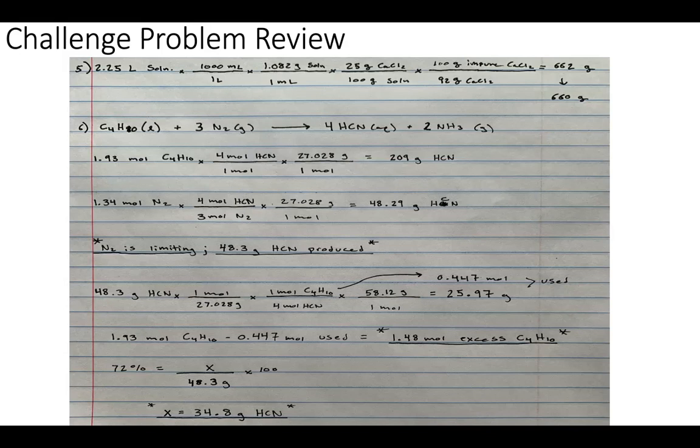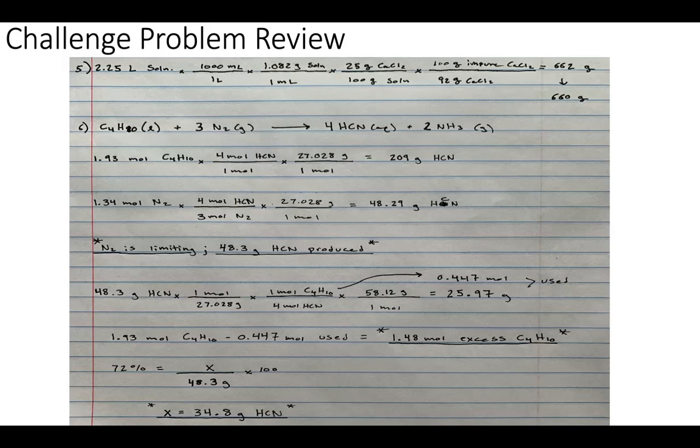Now, the next step asked how much excess reactant we have. Whenever you're solving for excess reactant, you take how much product you can form and almost go backwards. So how much product could we form? We could form 48.3 grams of cyanic acid. We're going to convert this to moles using its molar mass, and then convert from moles of cyanic acid to moles of butane, which is our non-limiting reactant. I actually converted all the way to grams, but I asked for it in terms of moles, and so I wrote both. When you do this dimensional analysis, you find that it comes out to